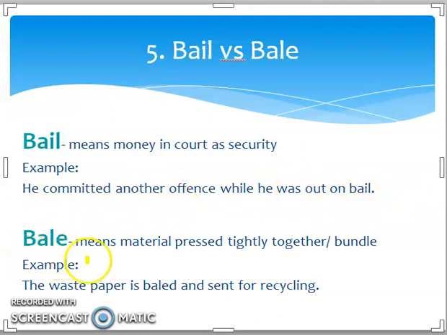The second word, bale, means material pressed tightly together in the form of a bundle. Example, the waste paper is baled and sent for recycling. So you might have seen grass bales, cloth bales, and I mean, if you're doing business, especially clothing business, you receive the cloths, right, or the garments in the form of bales, right? So that means in the form of bundles. Next,